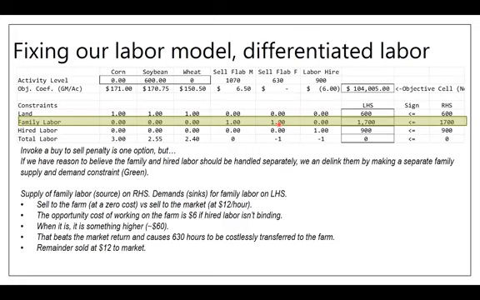So we're doing a transfer activity. Family labor's here. It can be used two ways: sell it to the market, sell it to the farm. When we sell it to the farm, we transfer that 1 hour down here. I believe that's the next one. Or when we hire an hour of labor, we do that activity. It costs $6, and we transfer it down here. And then this last constraint,